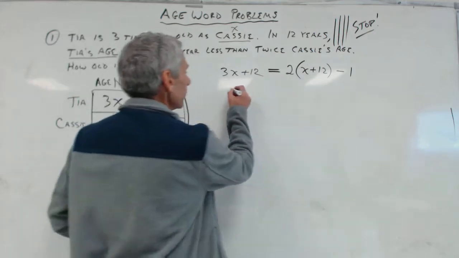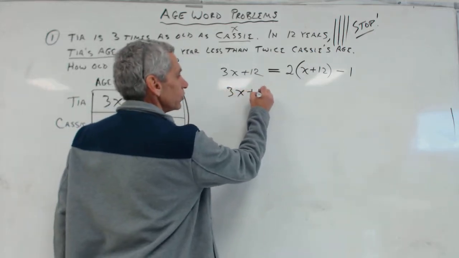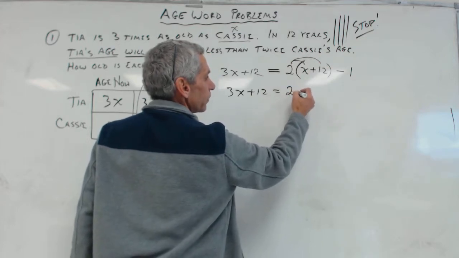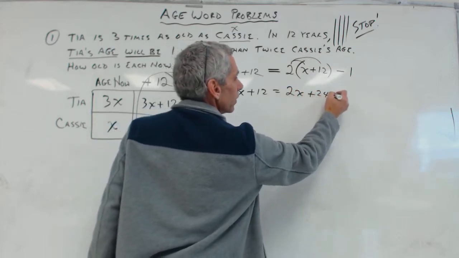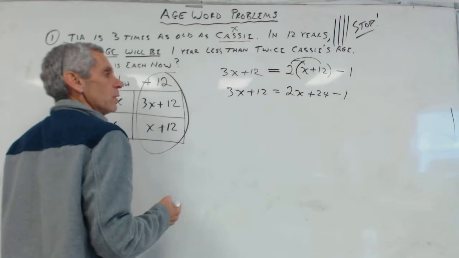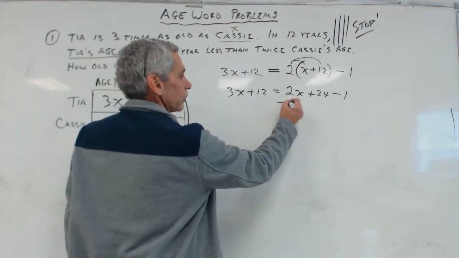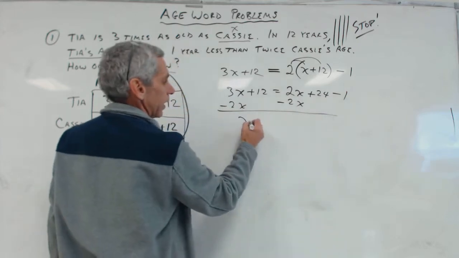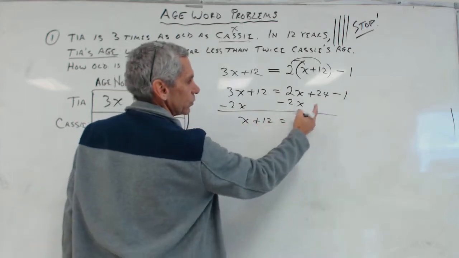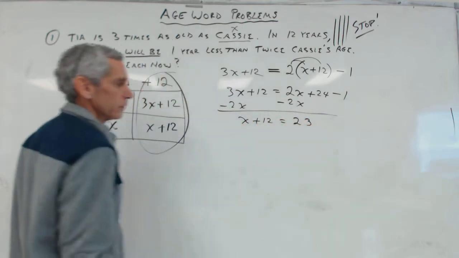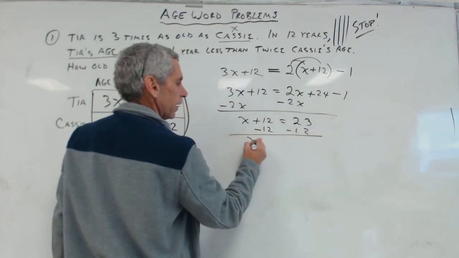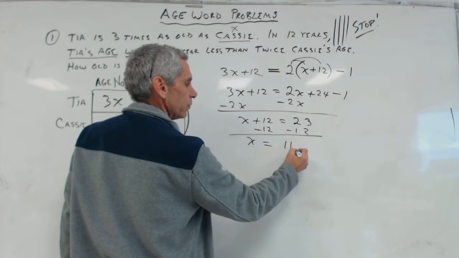Okay, so let's do it. We have 3x plus 12 is equal to, use my distributive property, 2x plus 24 minus 1. Subtract 2x, subtract 2x. That gives me x plus 12 is equal to 23, right? I'm going to subtract 12. X is equal to